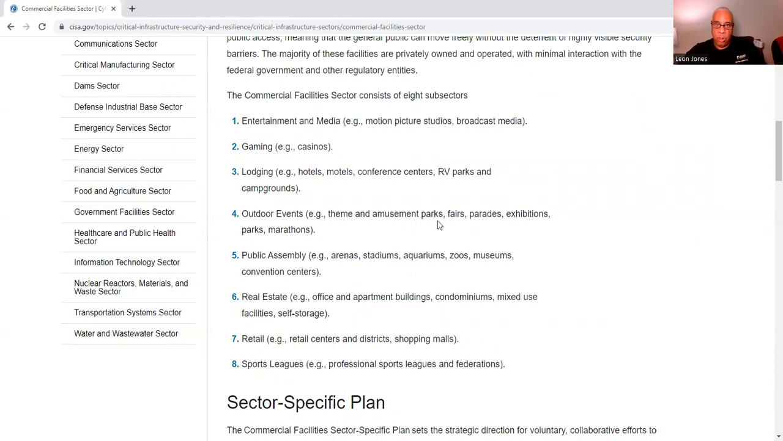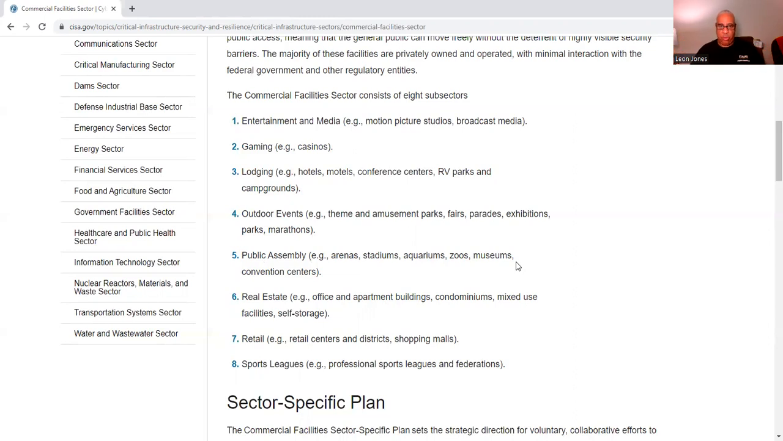Themes in amusement parks, you can combine those together. Of course, fairs, parades, exhibitions, parks, and marathons. Your public assembly. These are your convention centers, your stadiums, arenas, aquariums, zoos, museums. Now, you might not think any of this makes any sense, but it does, because these are all important to